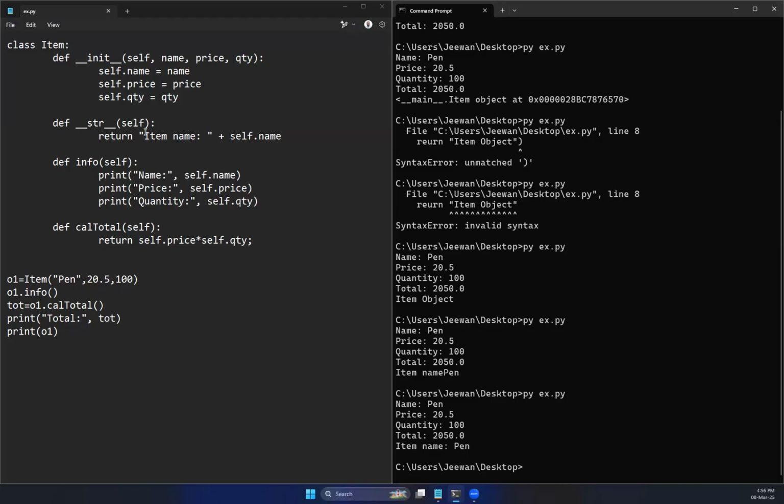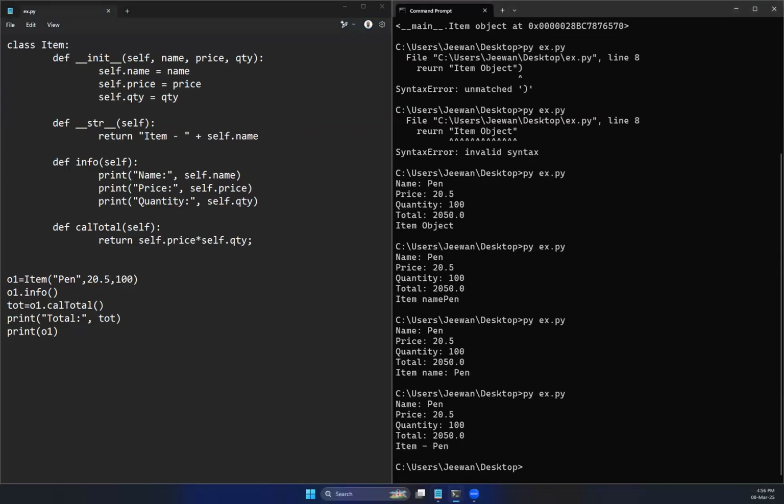New item, you can say new item. You can declare the way you want to display when you print an item object. Now, if you print an item object, this is how it would display. Even if you create another item